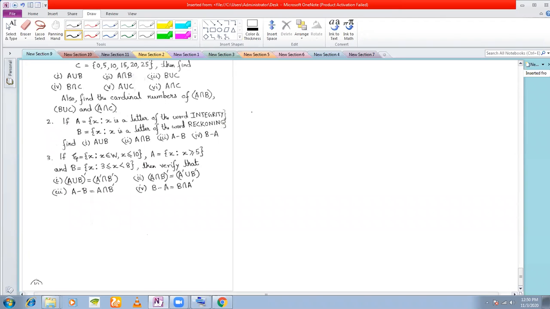So first here, in this problem number 2, the set A is given in set builder form. The set is X such that X is a letter of